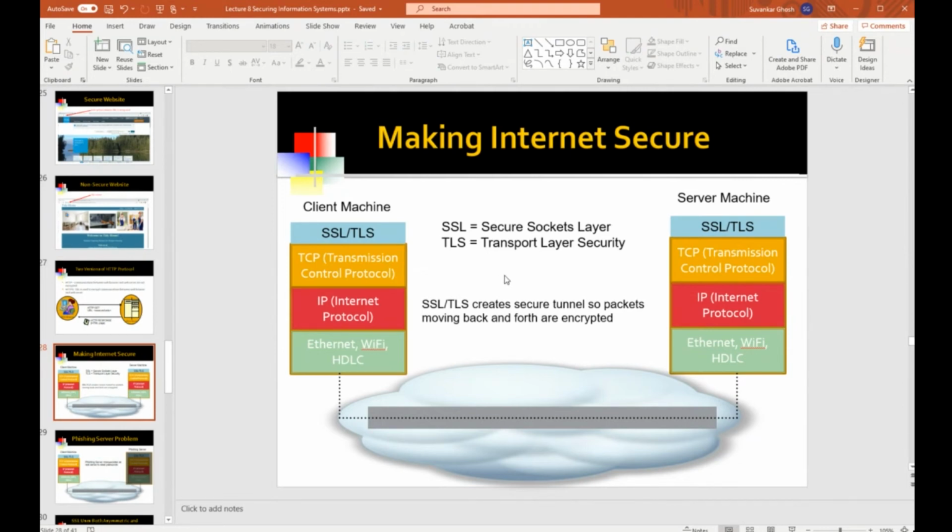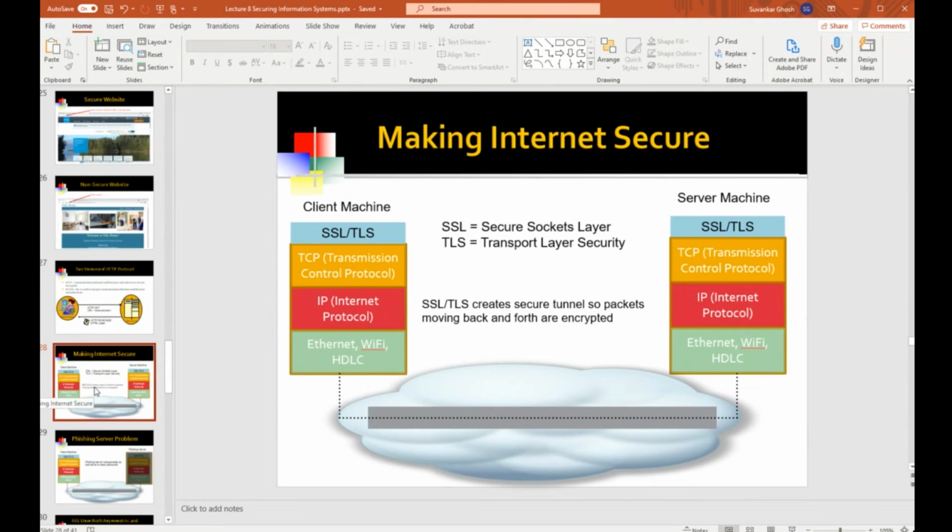The session key is the key that's going to encrypt all the packets that are going to be transported over this session, till you close the session. Then the session key has no further value once the session is closed. But for the duration of the session, all the packets are encrypted by the session key.